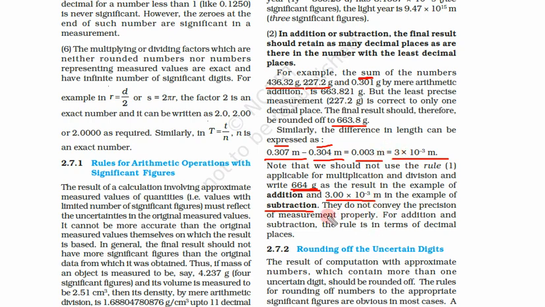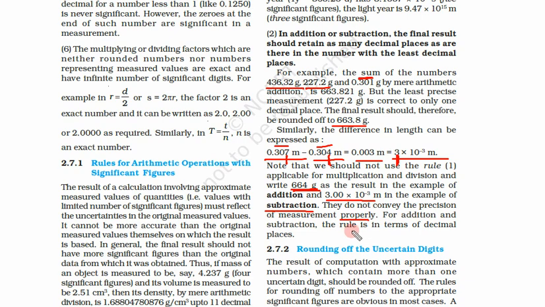Also in the second one we should not write it like this, because the difference is in the last digit, which means this was uncertain, and this was uncertain. So this number itself is uncertain. That's why we have not written it in 3.00 form, because then we must have digits after this. This is not reliable, this is also not reliable. That's why we have reported only one digit, because they do not convey the precision of the measurement properly.